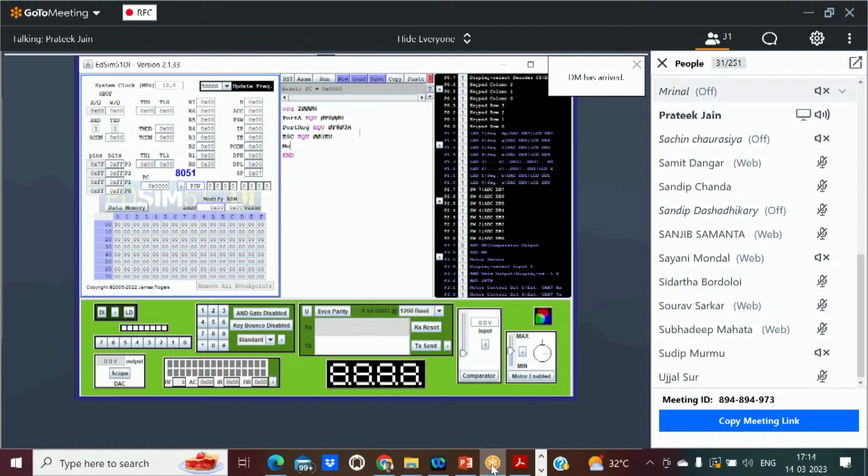The value of the port register, which has already been defined as a variable, is required to be transferred to the data pointer. So this is MOV DPTR, hash, which is the value, port REG, and again the value of the accumulator is required to be assigned as 0AH. So this is MOV A, hash